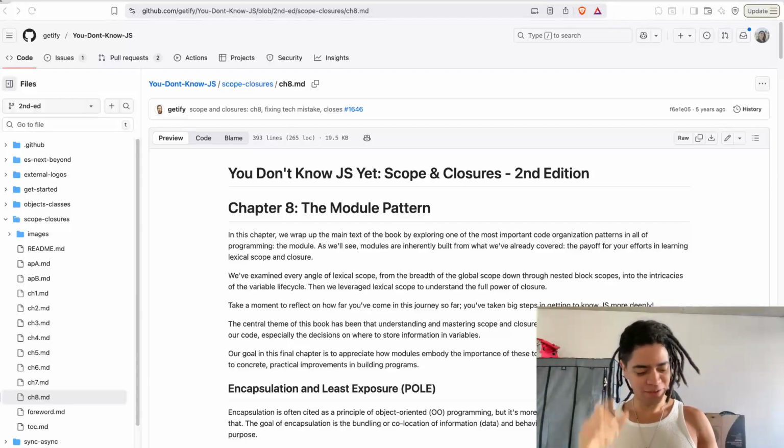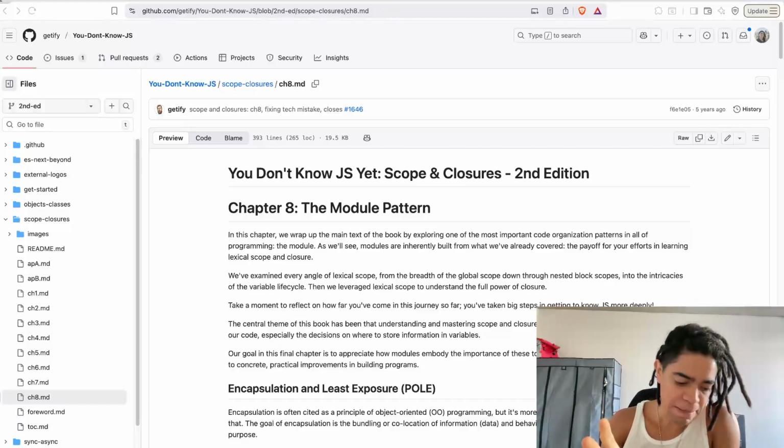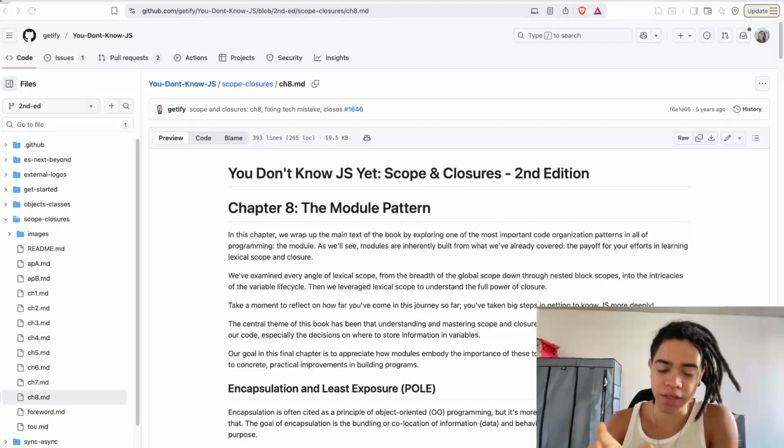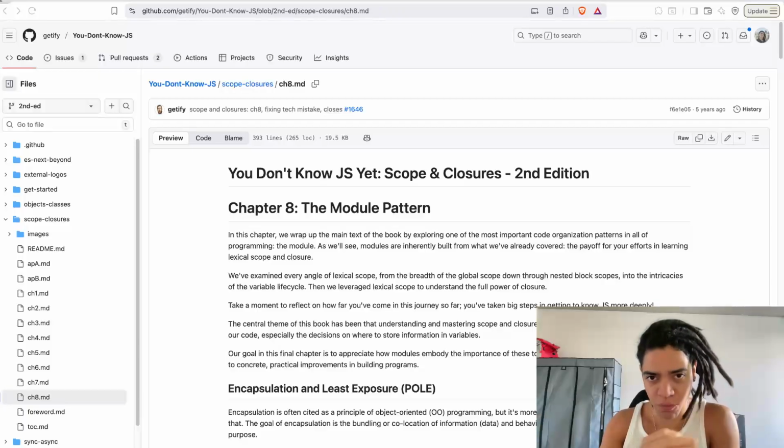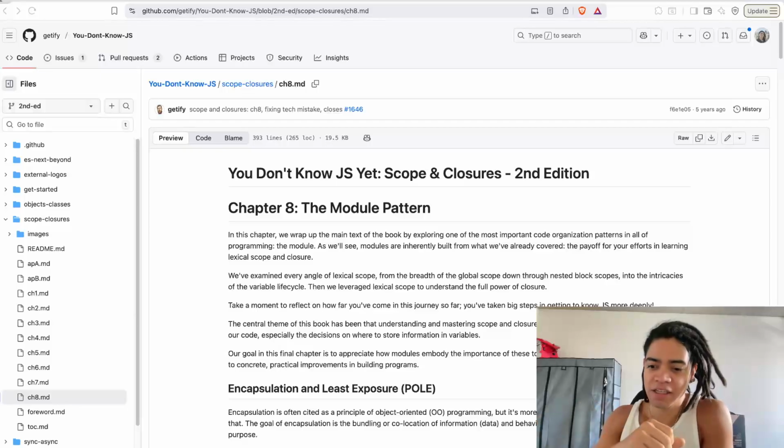That's right. So in today's video, I want to finally make a quick recap of how we got here, especially by exploring this module pattern, the last chapter of a very interesting and revealing book known as Scope and Closures in JavaScript, written by Kyle Simpson, where the idea is not only to